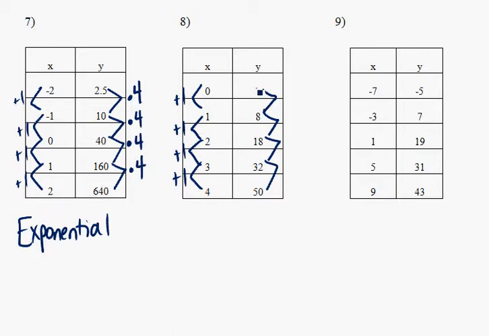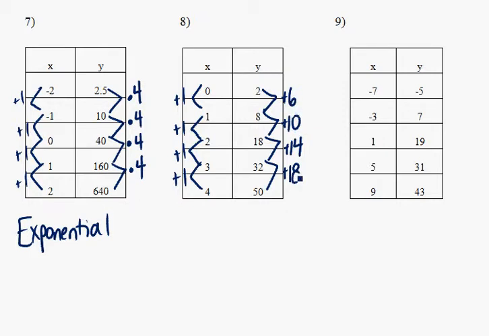pattern of addition. 2 plus 6 gives me 8. 8 plus 10 gives me 18. 18 plus 14 gives me 32. And 32 plus 18 gives me 50. So you can see that there is not a constant pattern of addition here. But let's look at my set of differences that I just got, and let's see if I can find a